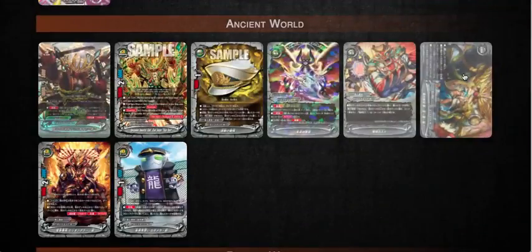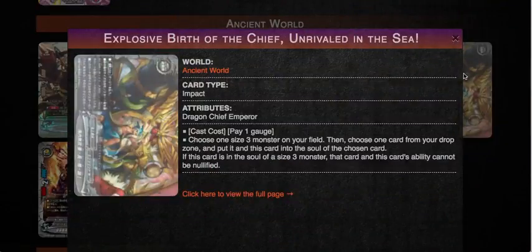And yeah, they also got the new Jaeger Impact, which looks really cool. Pay 1 gauge, choose 1 size 3 on your field, then choose 1 card from your drop zone and put it and discard into the soul of the chosen card. If this card is in the soul of a size 3 monster, that card and this card's ability cannot be nullified. Yes, so you can play this card under your